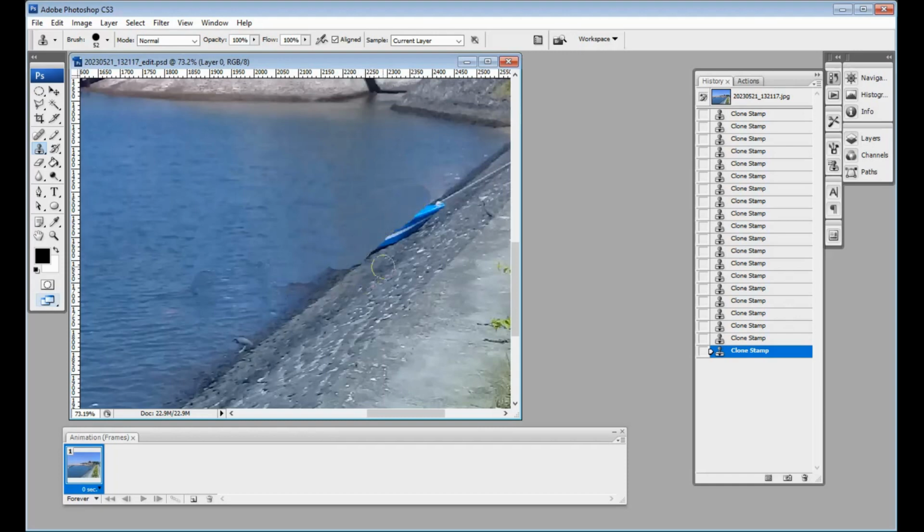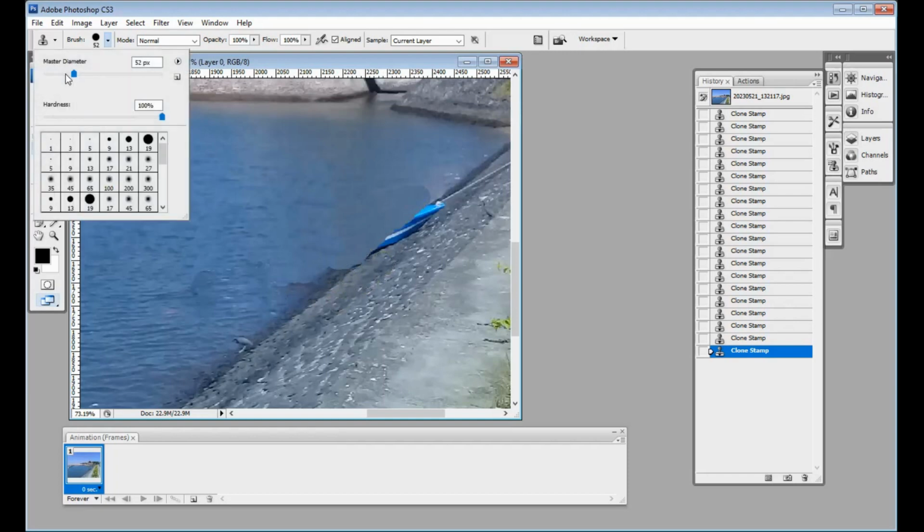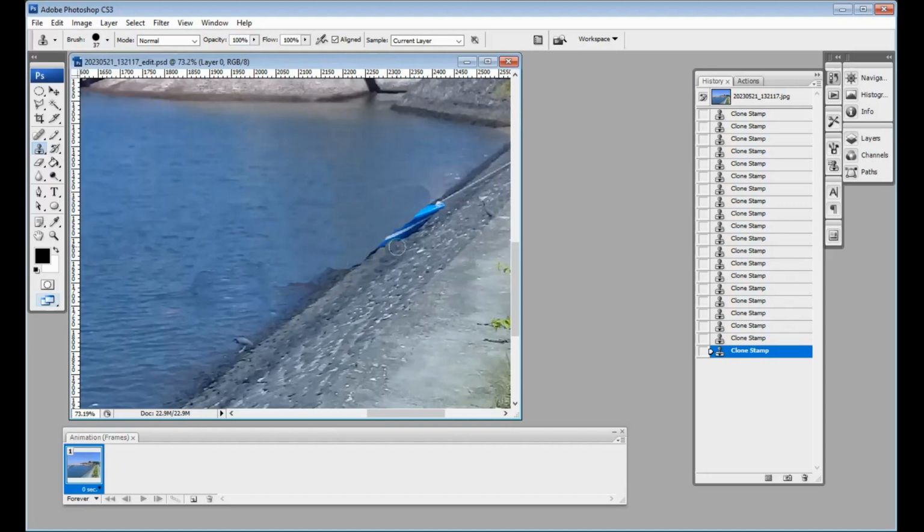Okay. Yeah, I decrease the size. Hold, click. Yeah, again. Okay. Hold, click.